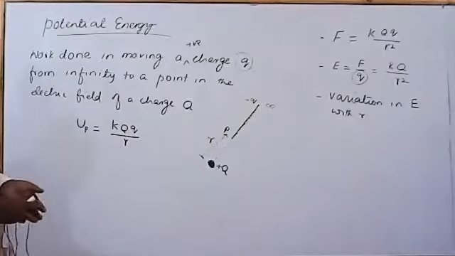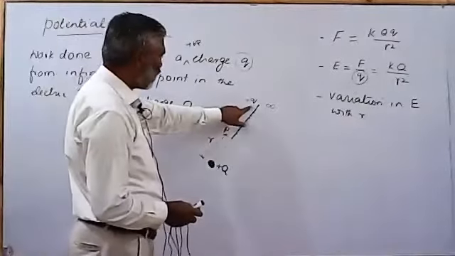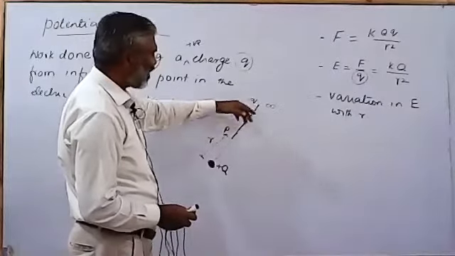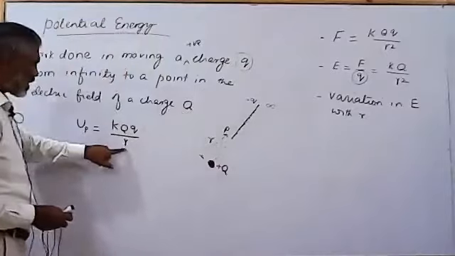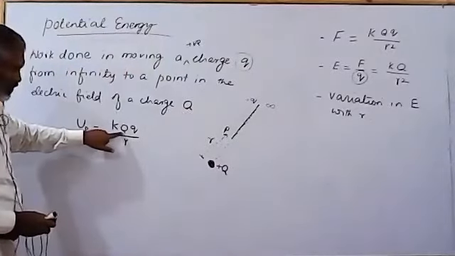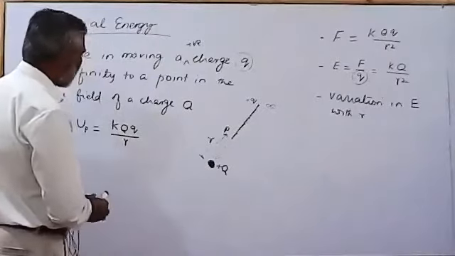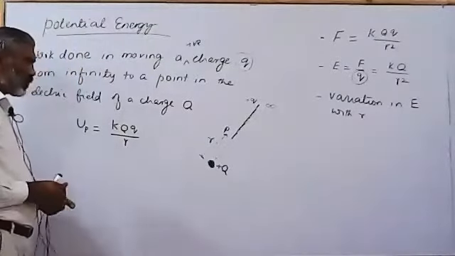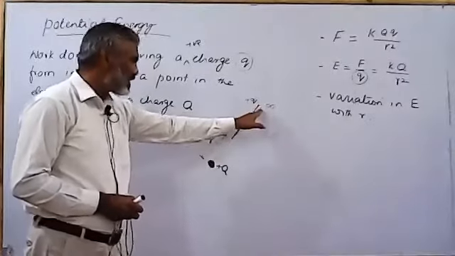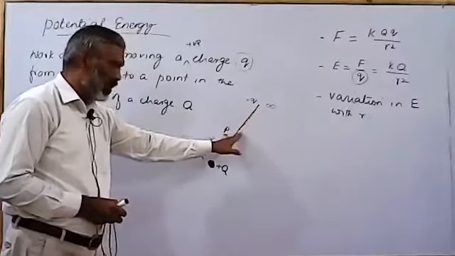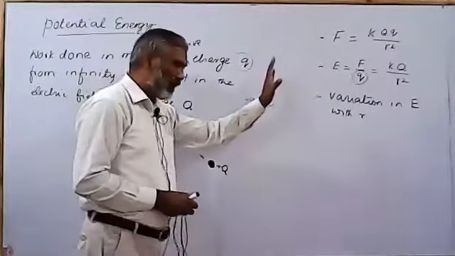This is the potential energy of this charge Q that you have brought from infinity to a point P, which is R distance away from the charge capital Q. So you need to understand this expression. This is a positive quantity because we have applied a force in the same direction in which the charge is to be moved, because basically this was being repelled.